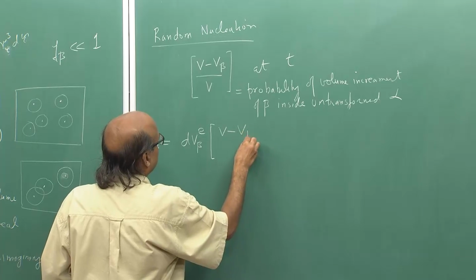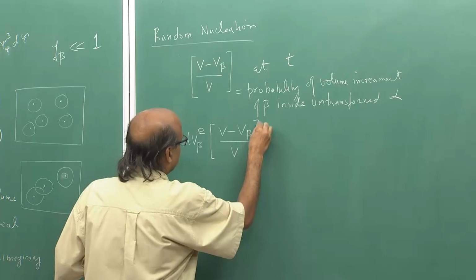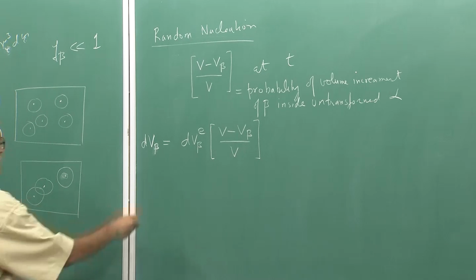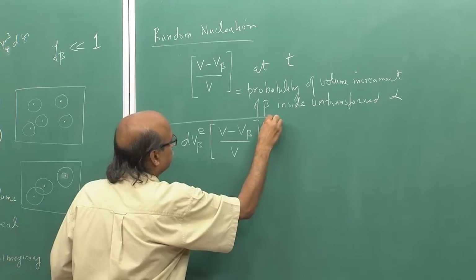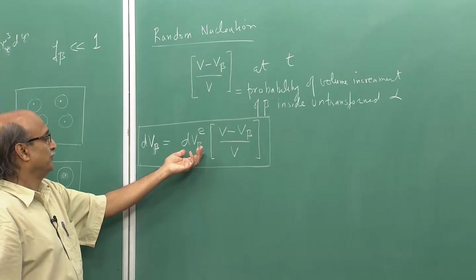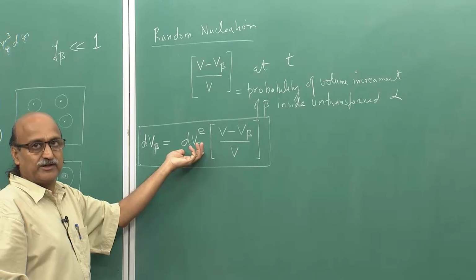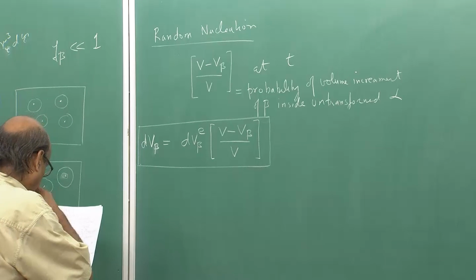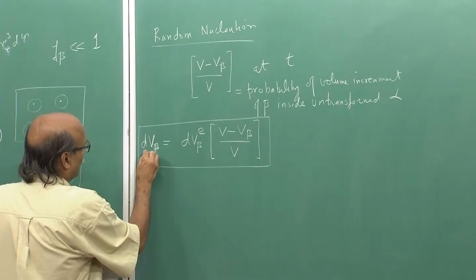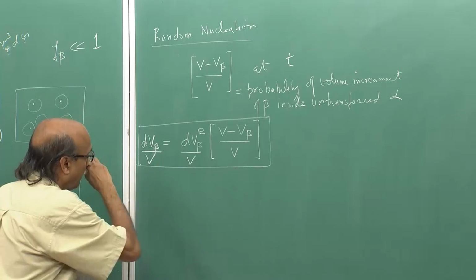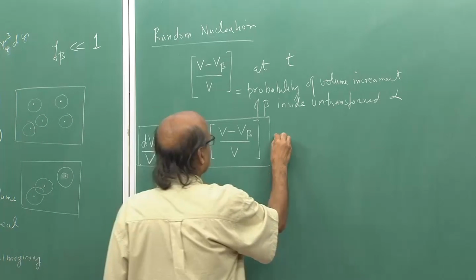(V minus V beta) upon V. So, this then is the key relationship between the increment in true volume and the increment in the extended volume. If we divide both sides by the volume of the system V, then I can write this as